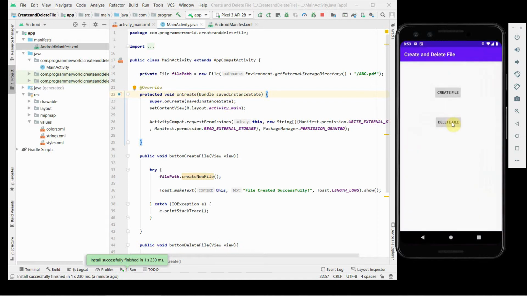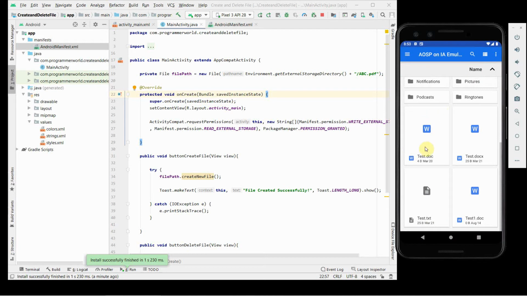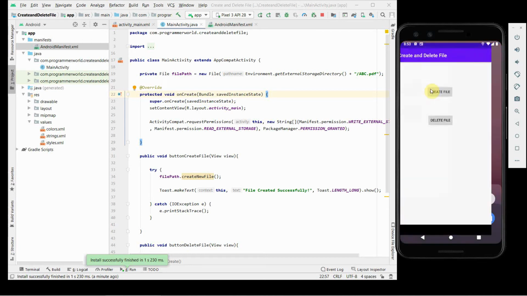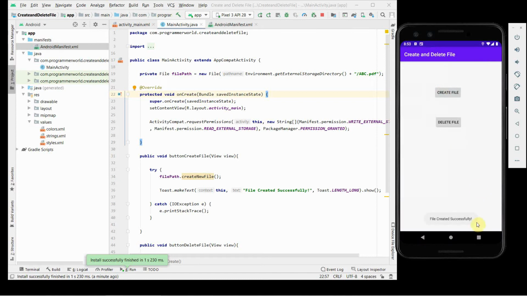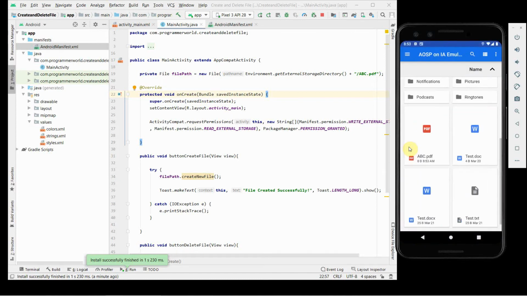It should have been refreshed automatically. Now I click on this delete file, and the message comes, file deleted successfully. If I just switch to this location, okay, that file went off. So of course that got deleted. So again I'll try once again, and it says successfully. I'm not sure if I have to refresh this particular location again, or let me see. Okay, so this time it's working fine as expected.